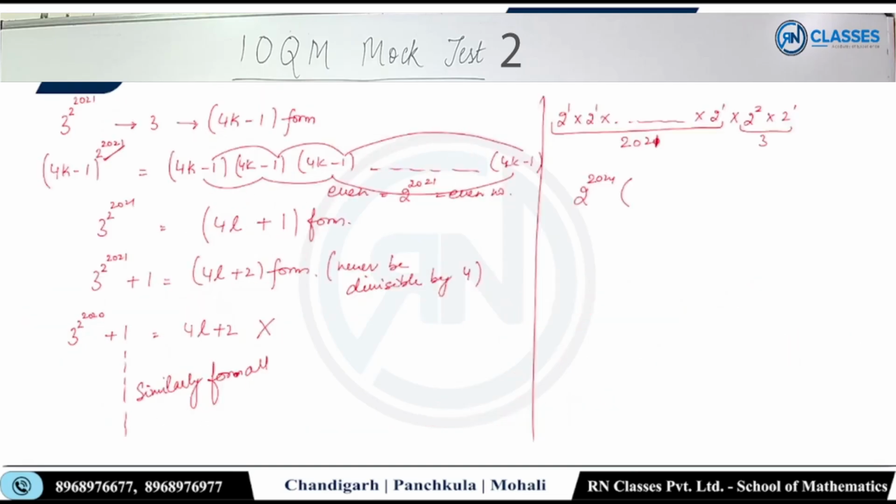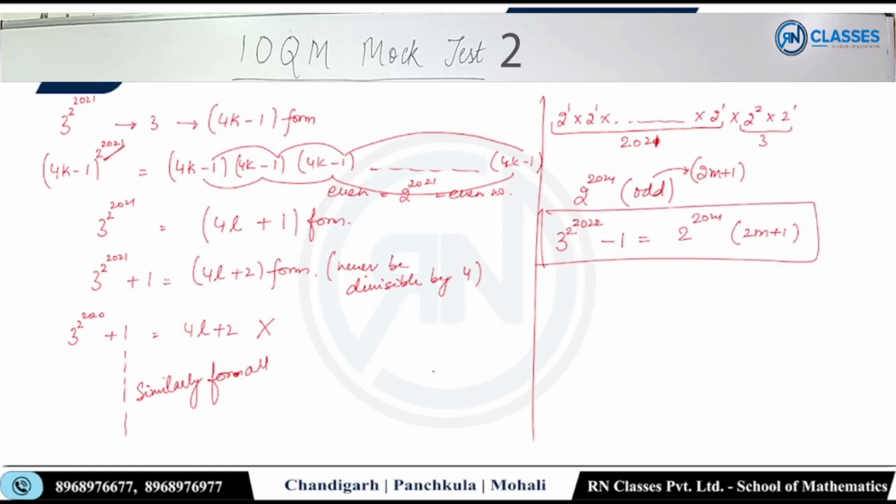ठीक है, फिर इसके साथ बचेगा क्या? कोई भी एक ऑड नंबर बच जाएगा इसके साथ, सम ऑड नंबर। ठीक है, आई डोंट नो व्हाट ऑड नंबर विल बी, बट मेरे को उसकी फॉर्म पता है, 2m+1 फॉर्म का होगा ये। ठीक है, तो मतलब कि 3^2^2022, ठीक है, -1 को मैं लिख सकता हूं 2^2024 इंटू 2m+1, इस फॉर्म का ये नंबर होगा। ठीक है, इसको कंपेयर कर दो, ये भी मेरे को पता है, ये भी मेरे को पता है, तो 2^2024 2m+1 मेरे पास यहां पे था, विच विल बी इक्वल टू, डिवाइड किससे कर रहा हूं? 2^2025 इंटू सम कोशेंट प्लस 2^r, ये मल्टीप्लाई हो रहा है तो मल्टीप्लाई कर दो, डिस्ट्रीब्यूटिव लगाओ,